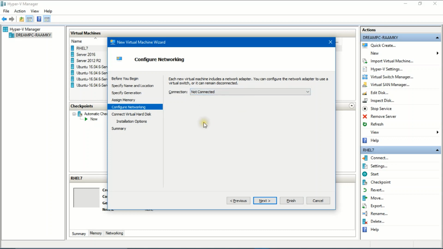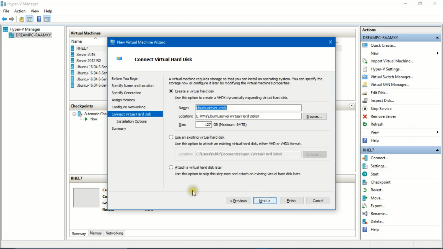In network configuration, we have two different scenarios, one is internal and the other external. Internal is used to communicate between physical hardware and the VM, whereas external helps in communicating among physical hardware, the VM and outside PCs, which means over the internet. By default, you will find only the default switch in this drop down list. Select that and click on next.